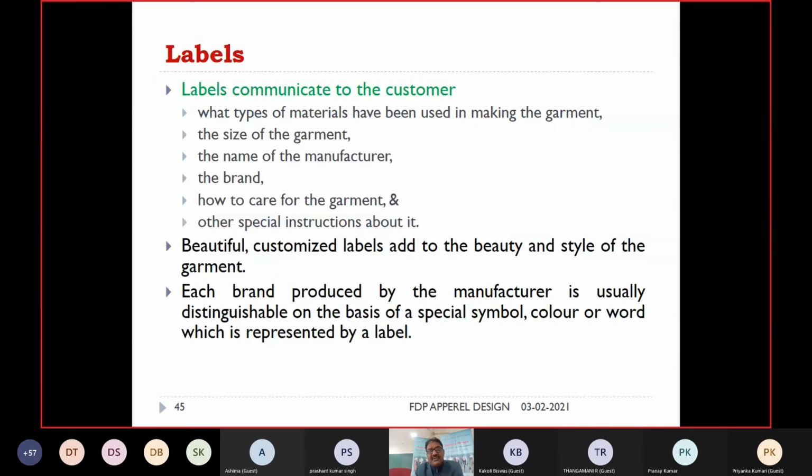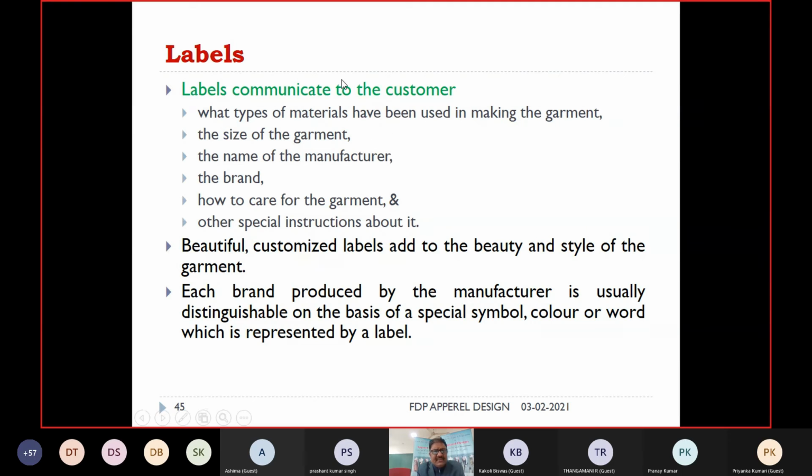What would be the effect on the environment? What would be the everything, every effect of the garments on the environment, on the society, and also on human health. So all should be mandatorily given in the details of the labels, instructions. So label includes everything. In case of medical textiles, the labels communicate the set of information related to medicals. In case of other textiles or other materials, the set of information communicated by the labels is different. But the label is an integral part of the garments.